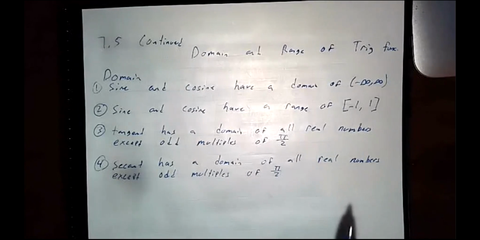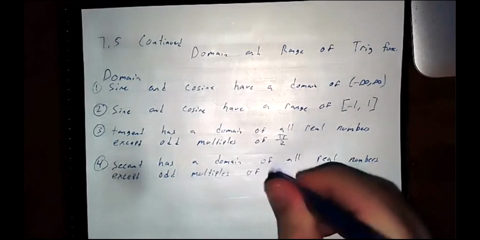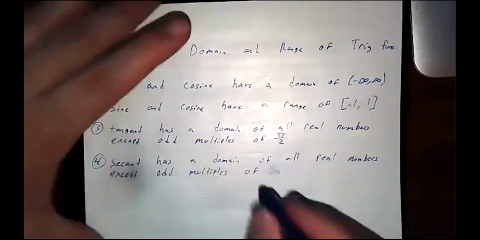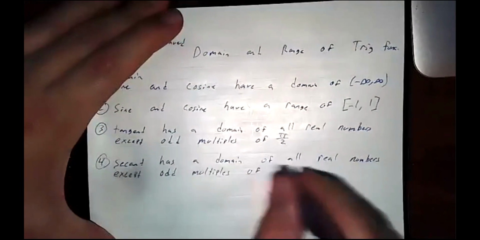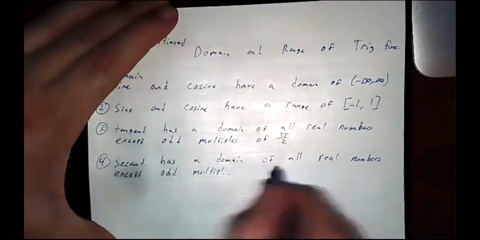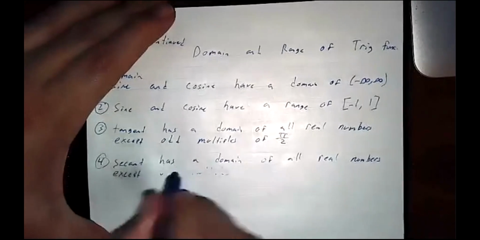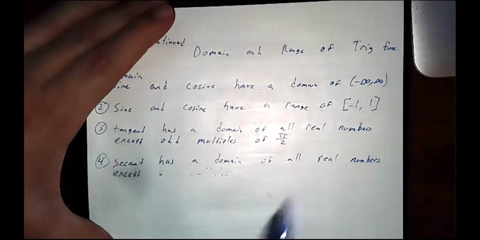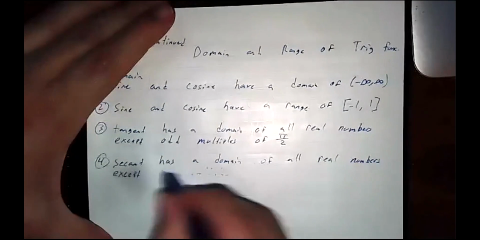I'm sorry, of pi, just pi. Sorry, I messed it up. I read the other one. I was writing this again. It should be secant has a domain of all real numbers except multiples of pi,